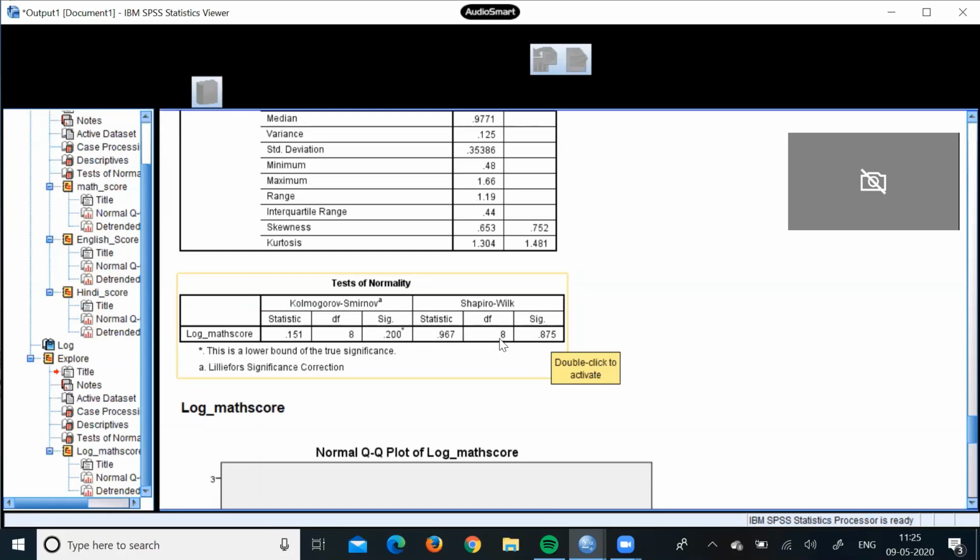So we can say that this new variable is normally distributed. In the same manner we can check the normality of the other variable, that is the English score.